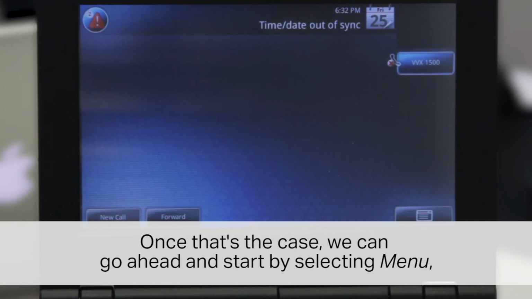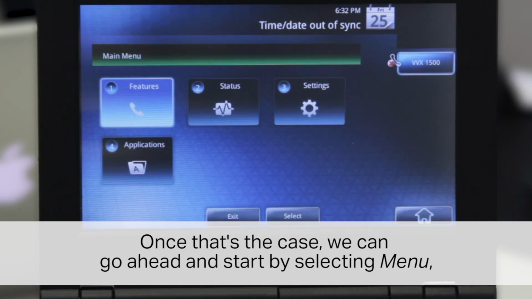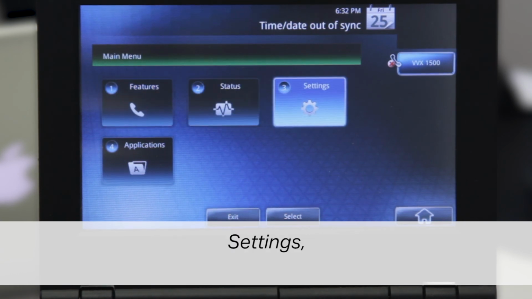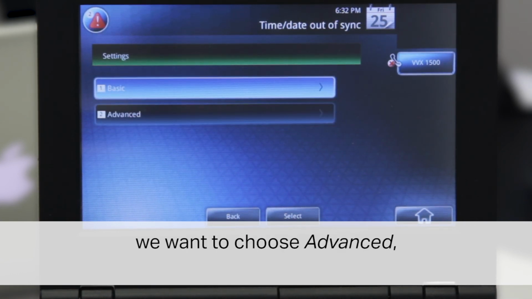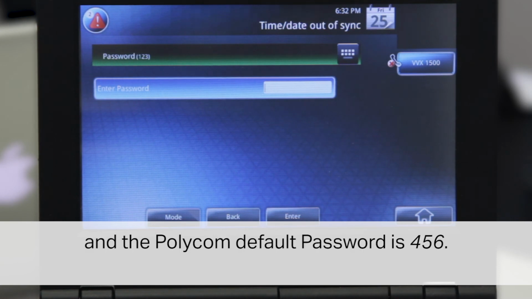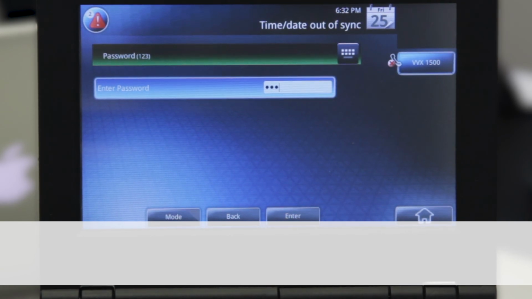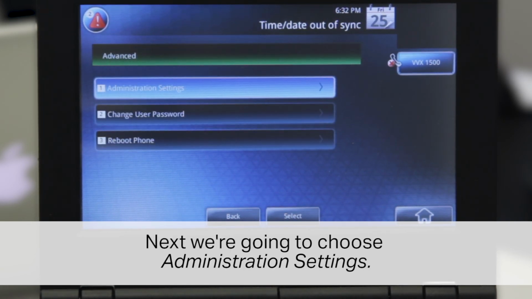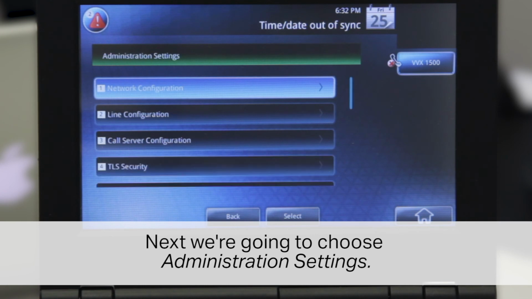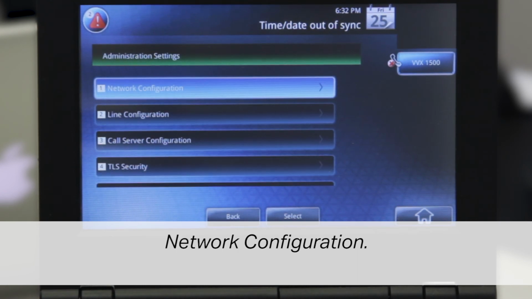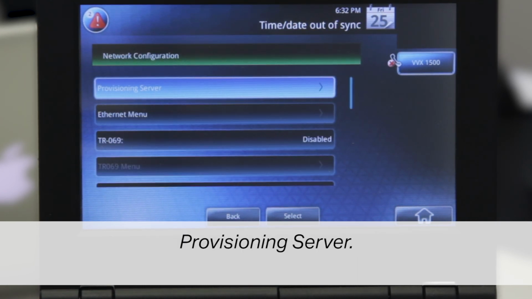Once that's the case, we can go ahead and start by selecting Menu, Settings. We want to choose Advanced. And the Polycom default password is 456. So we'll enter that here. Next, we're going to choose Administration Settings, Network Configuration, Provisioning Server,